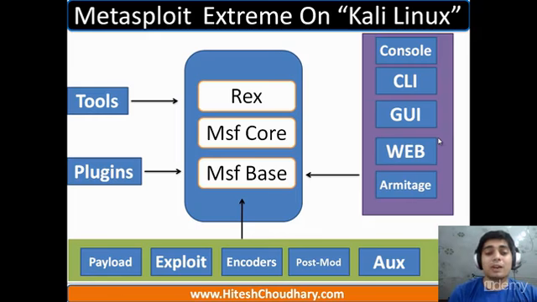Looking at this diagram, this is the core part where Metasploit is designed. It is made up of Rex, MSF Core and MSF Base. This core sits in a box that is supported by various other things, like tools and plugins which support this core part of the code. The core can then be accessed by various consoles like CLI, GUI, web or Armitage as well. And of course, the base of the entire framework depends on the payloads, exploits, encoders, post modules